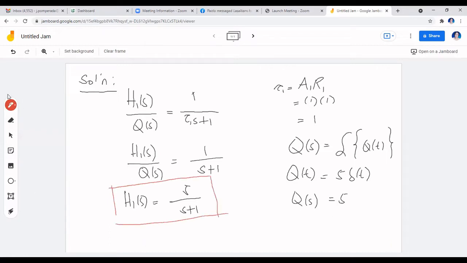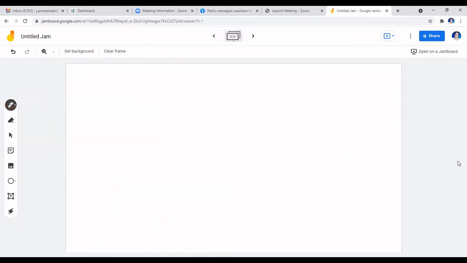Okay. Now for H2 of S, go to the next page, we'll use the ready-made formula for the transfer function of a non-interacting system. So what would that be? The transfer function of two non-interacting systems. So we have,